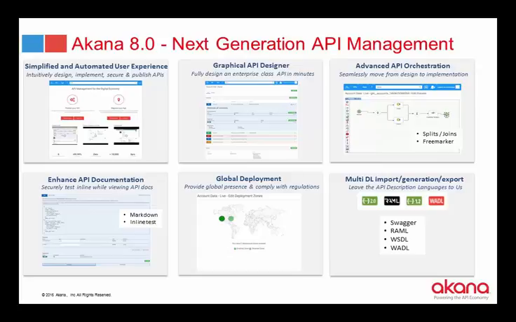Once you've fully designed your APIs, then you can move on to orchestration and integration of the APIs. And we seamlessly move you there from the graphical designer into implementing your APIs. And you're going to be seeing that today. I started touching on this above. We have enhanced API documentation. As you're designing your API, you can start documenting your API using